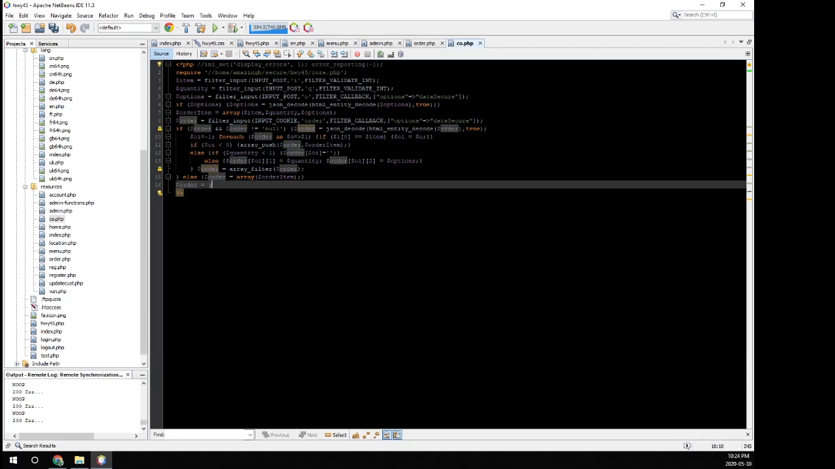order is equal to json_encode(order, true). The true part: whenever we're dealing with JSON encoding and decoding, that second variable, comma true, if you don't